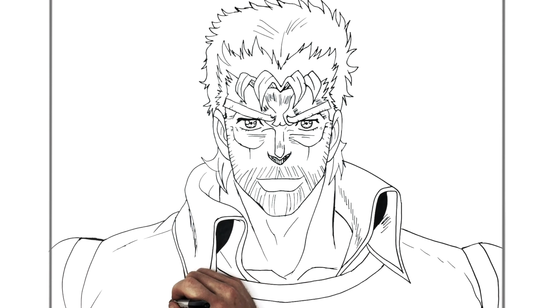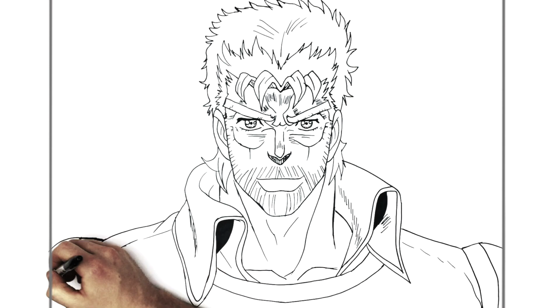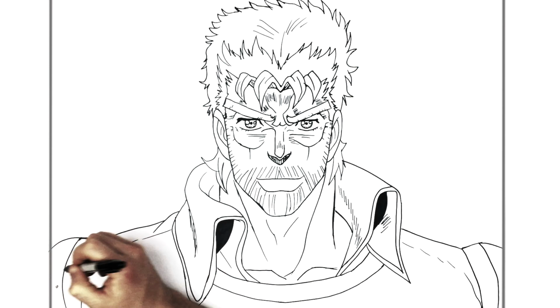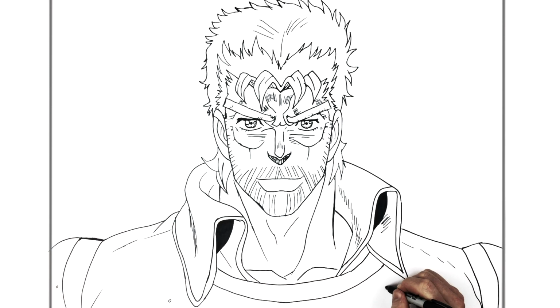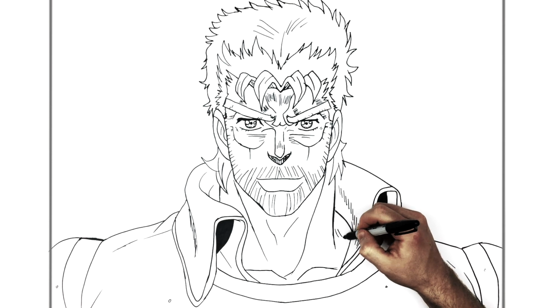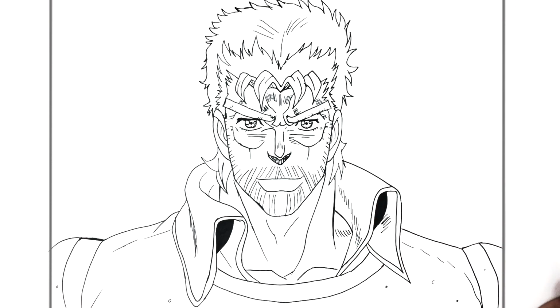And he has circles on his design for whatever reason. It's kind of like a sandy kind of shirt, I think, so kind of like that. And there's some hatching just on his neck. And I think that is how to draw